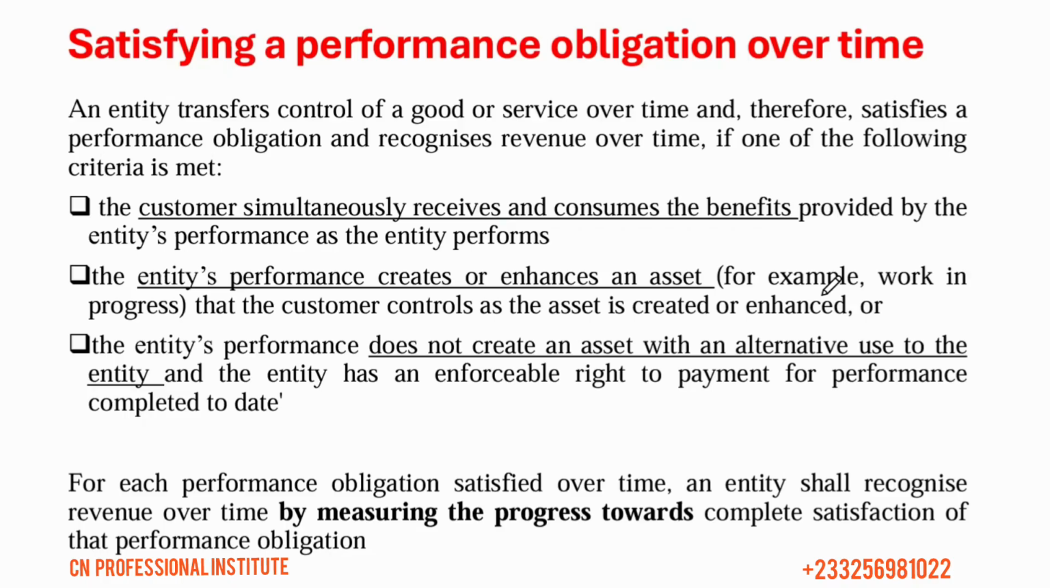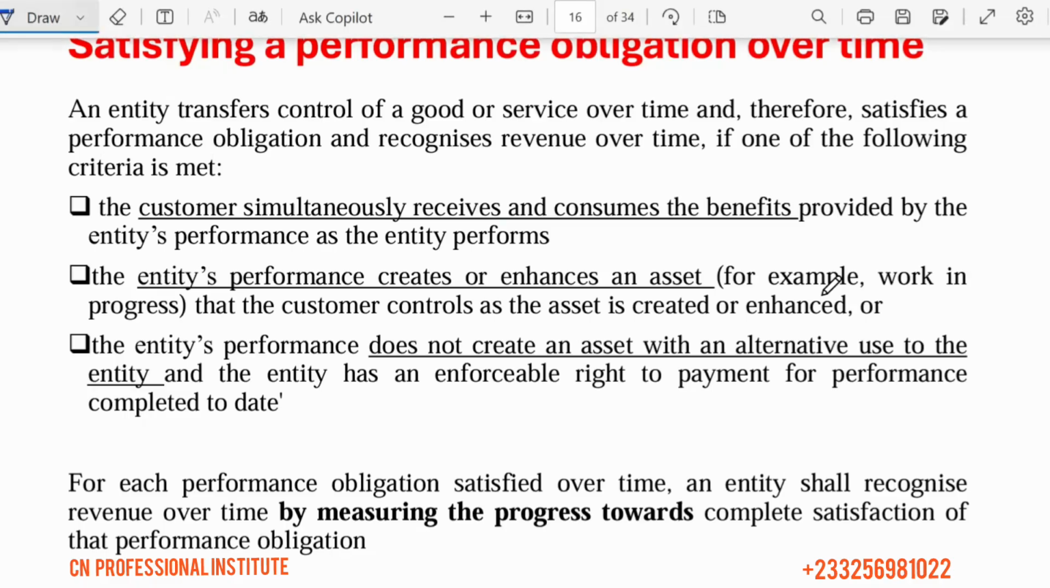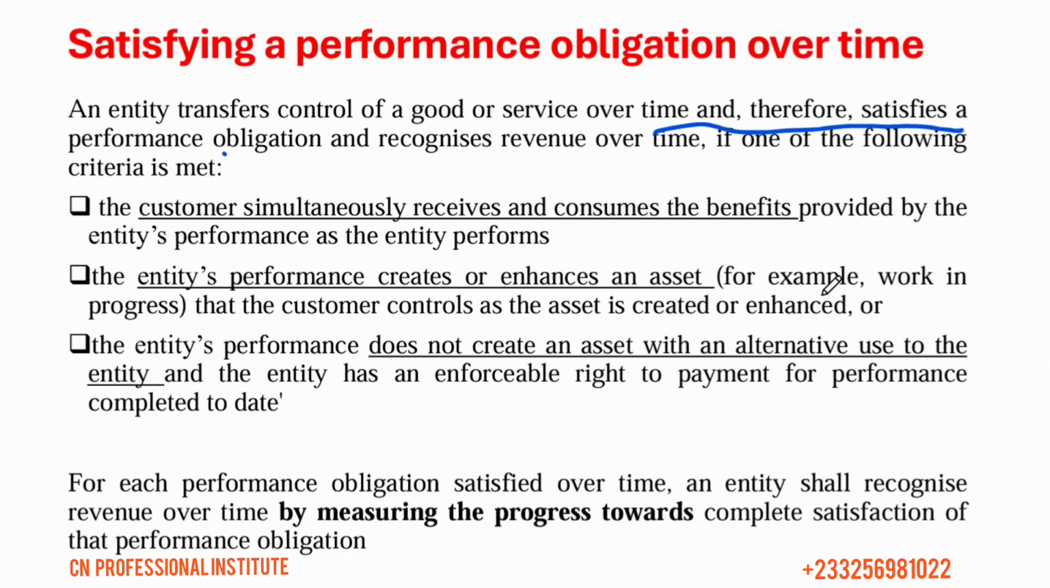Performance obligation over time. Right. And this is an entity transfers control of a good or service over time, and therefore satisfies the performance obligation and records revenue over time if one of the following criteria is met. So we are saying, okay, for us to say this performance obligation is over time, these conditions should be met. One, don't forget, it's only one. If one of these conditions is met, then we can say performance obligation happens over time. Okay, and therefore we apply the rules of performance obligation over